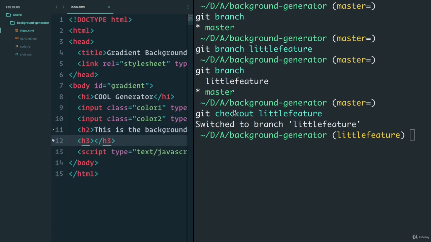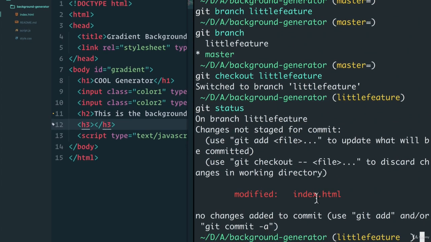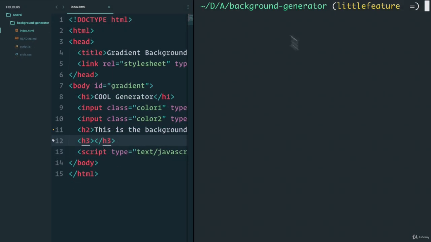I'm going to save here. And again, I do my simple workflow that we did in the last video. Git status. I see that, yep, we have the index.html change. Going to clear so we can see. So now that we've made this